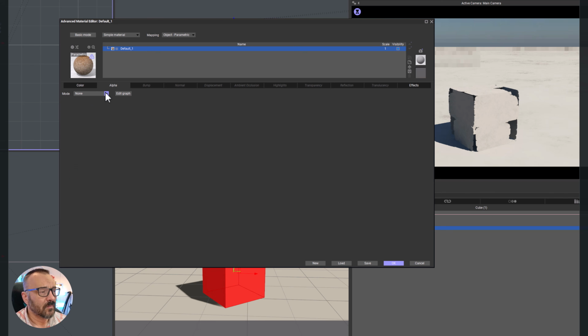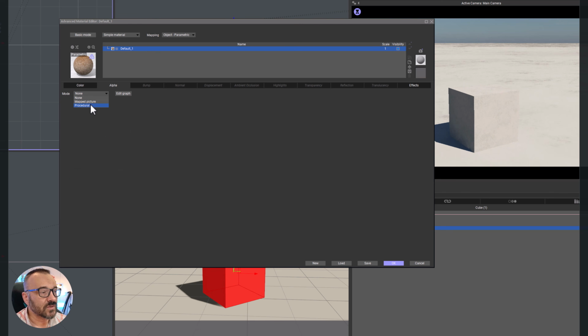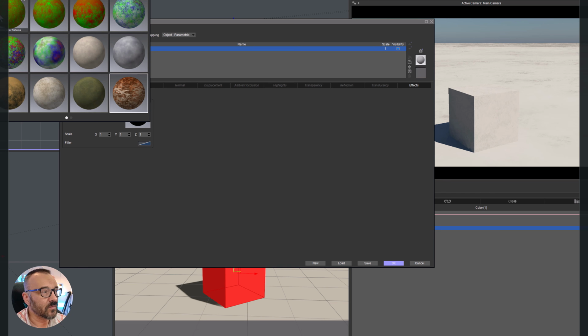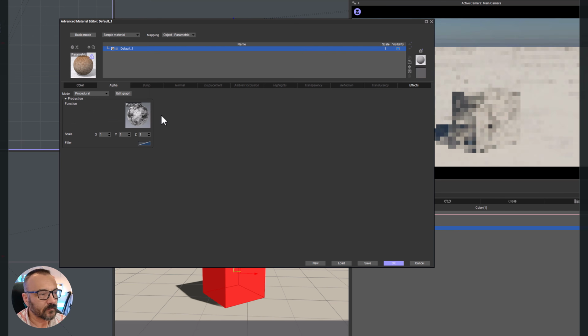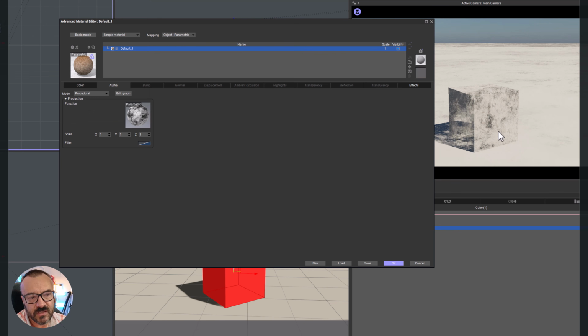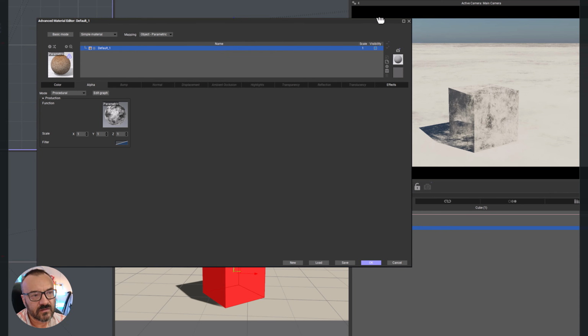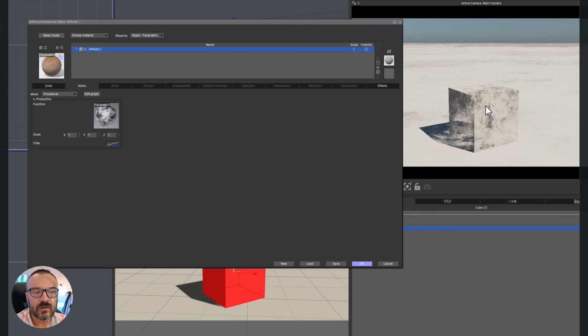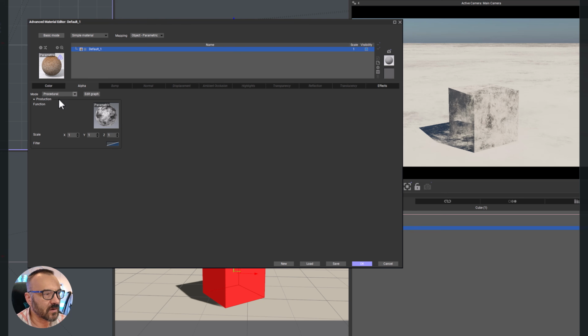Besides mapping pictures, we can also use procedurals, and procedural works similarly to before. We can go right there and select our basic. You can see it is creating almost like smoke or something, very interesting. This is used quite often when you overlay one layer on top of another. For example,